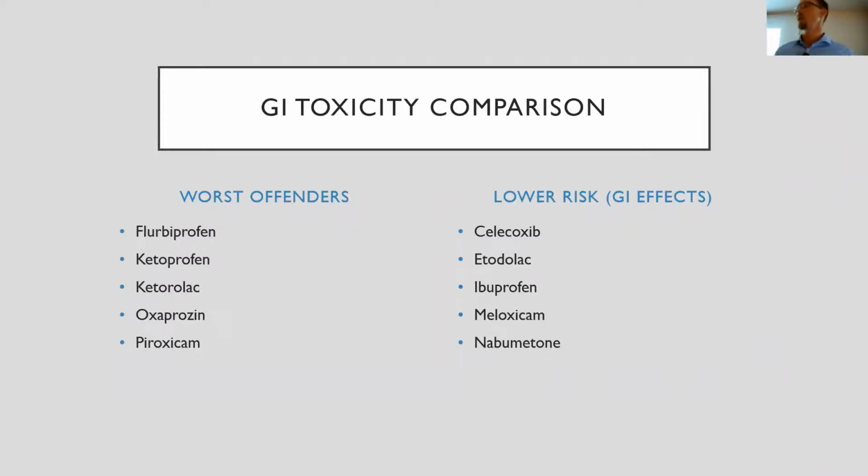So back to, yes, GI toxicity. So some are worse than others, right? We already said CELECOXIB is COX-2 specific. It's better for the gut, and that is true. There are other NSAIDs that are a little bit comparatively better for the gut, and I'm going to highlight MELOXICAM in particular. MELOXICAM is an NSAID that is COX-2 specific at low doses, and as you increase the dose, it becomes more COX-1 specific. I think MELOXICAM is a very useful drug, and I have prescribed it.